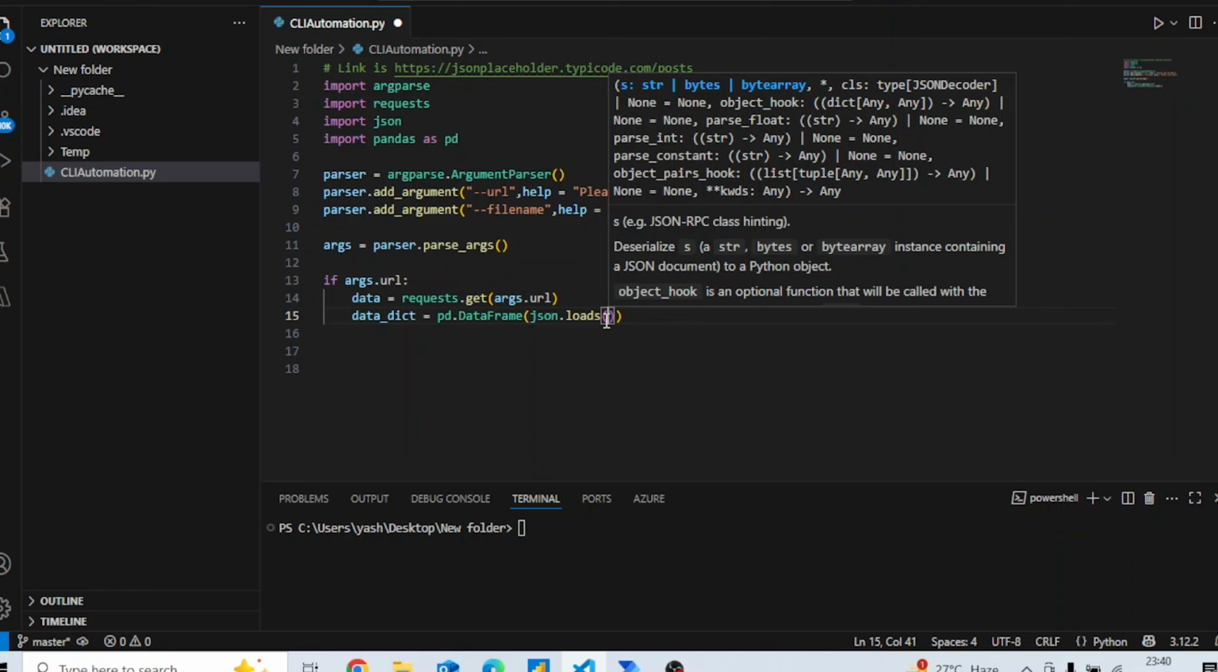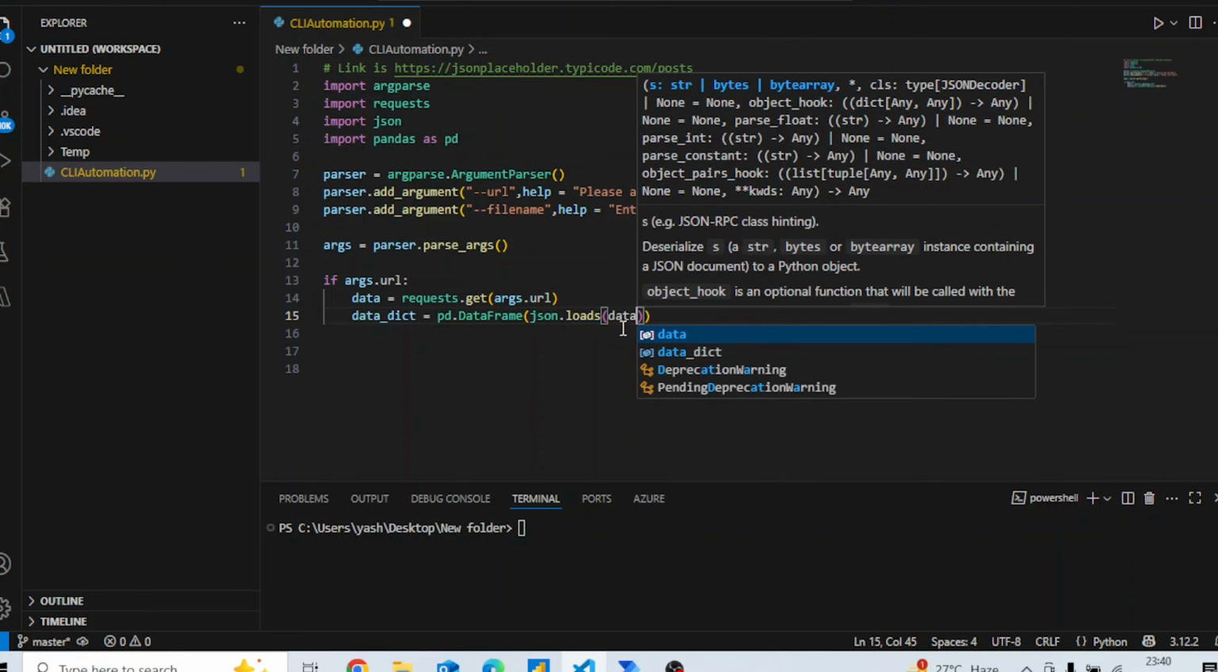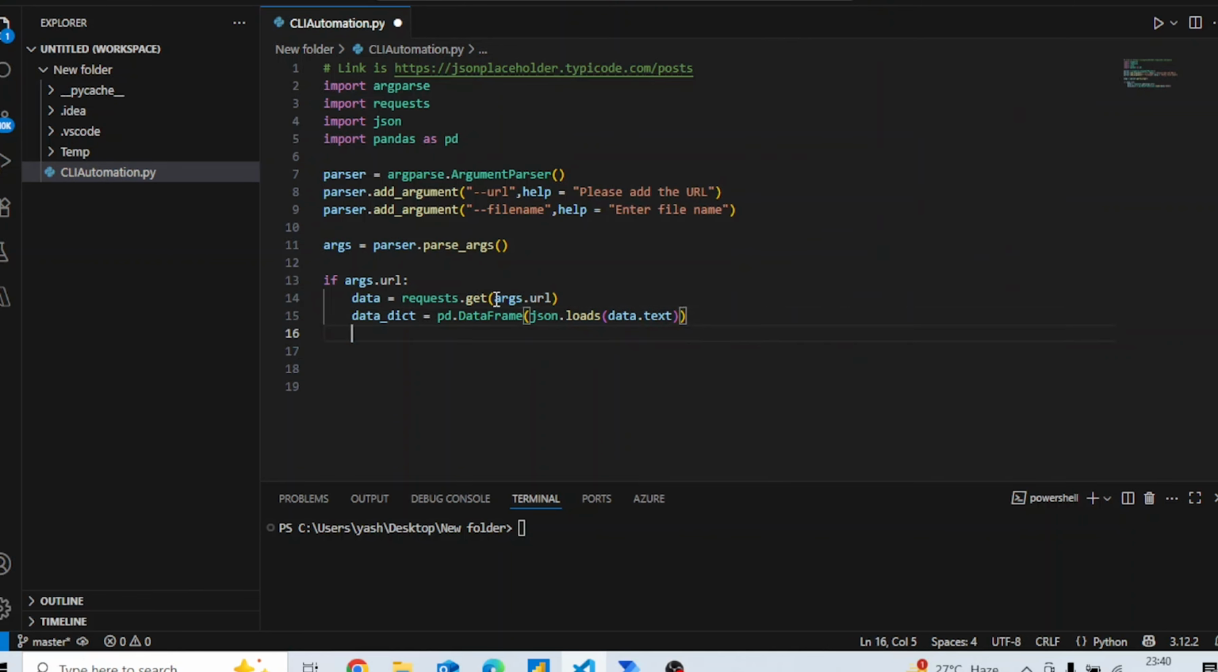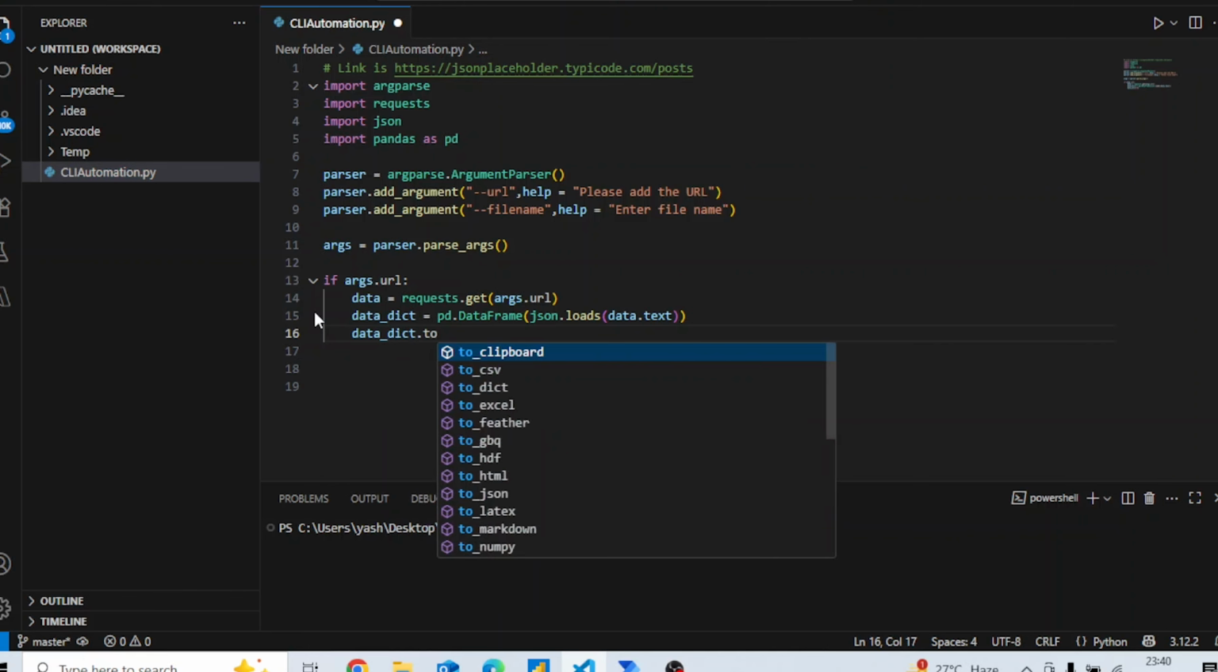So json.loads, and within this I will pass in the text value, so I will say data that is coming from the request.text. Okay, and after this I will go ahead and convert this into a CSV file and store it here only, right? So I will say data_dict.to_csv,